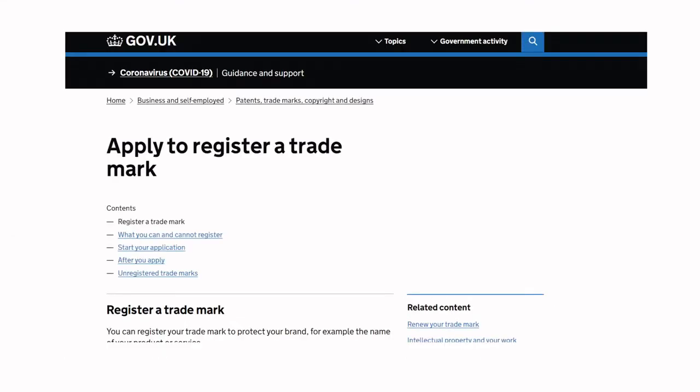So you can apply to have a registered trademark. This is literally on the UK government website. Type it in and it'll go through the whole thing. It's a very, very lengthy process. I won't show you the whole website, but you can have a look down. It'll give you loads of questions to go through to see if you're eligible to do it.